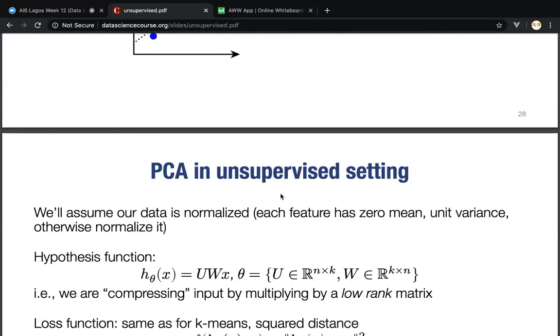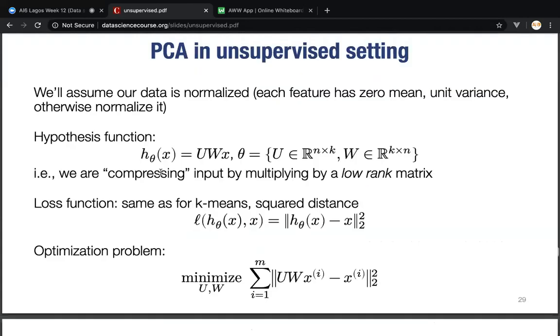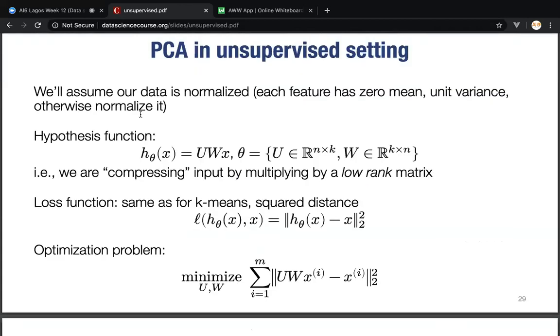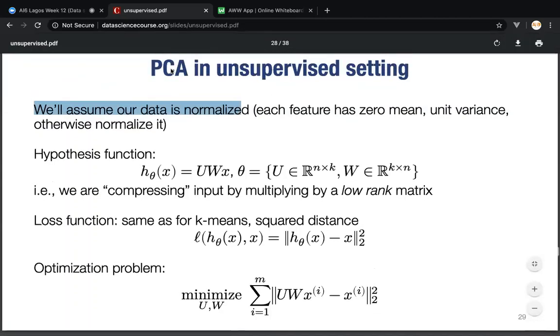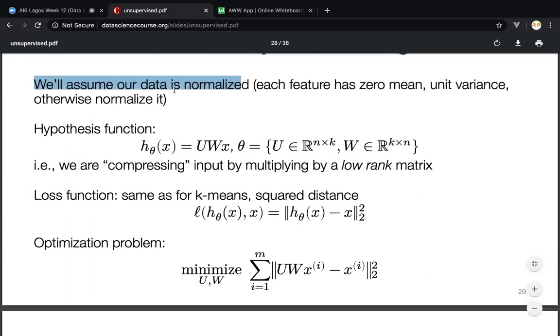So the PCA problem is defined this way. We might not need to go through all this though, because the computation is quite complex, I must say. So first things first, you should have normalized data for the PCA before you do the PCA problem, and that's the same for your K-means algorithm. Your data should be normalized,